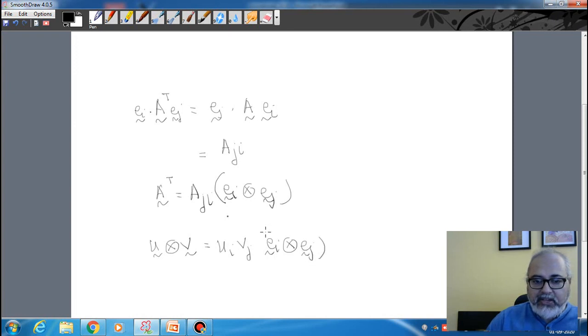So this is how we write it. It's a second order tensor. So if you write U dyadic V transpose, according to what we have proved here, it can be written as Uj Vi ei dyadic ej,